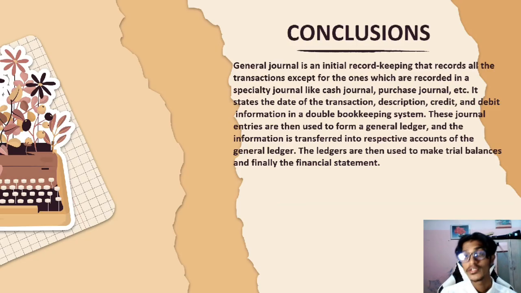So lastly, to conclude, the general journal is an initial record keeping that records all the transactions except for the ones which are recorded in a specialty journal like the cash journal, purchase journal, and so on. It states the date of transaction, description, credit, and debit information in the double bookkeeping system. These journal entries are then used to form a general ledger, and the information is transferred into the respective accounts of the general ledger. The ledgers are then used to make the trial balance and